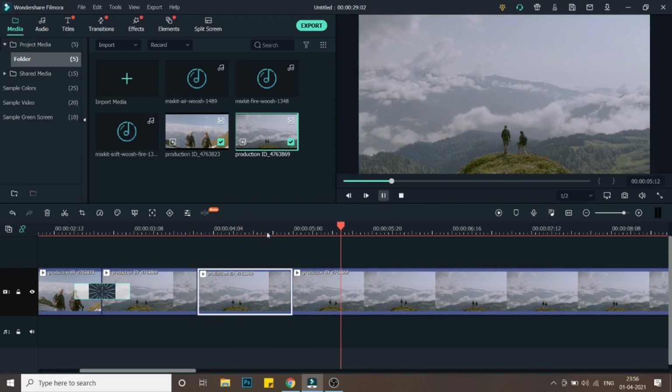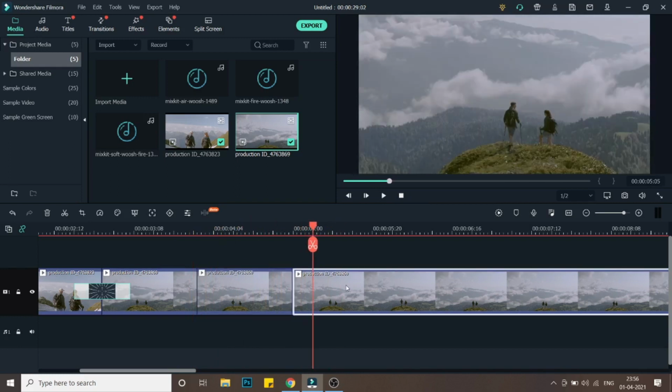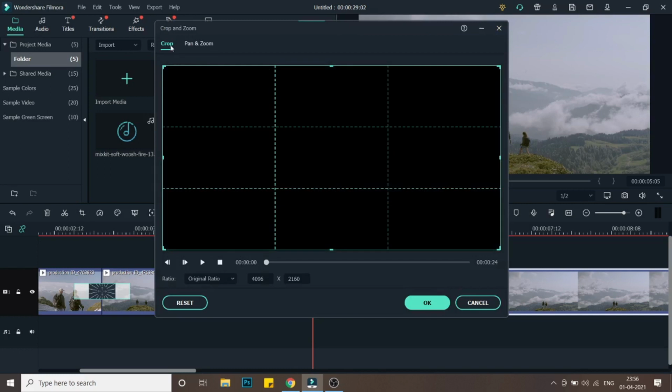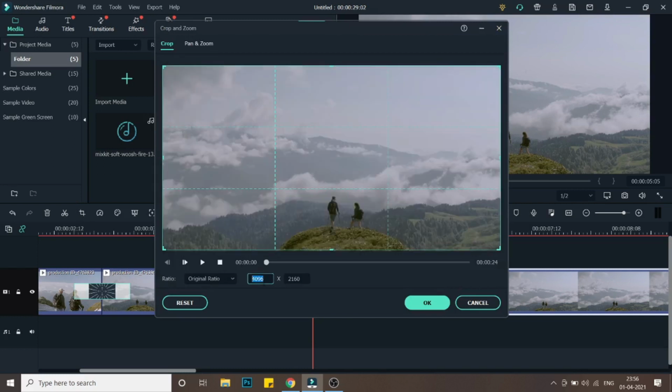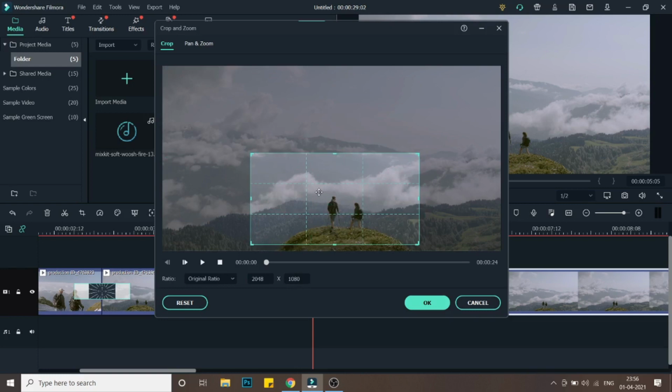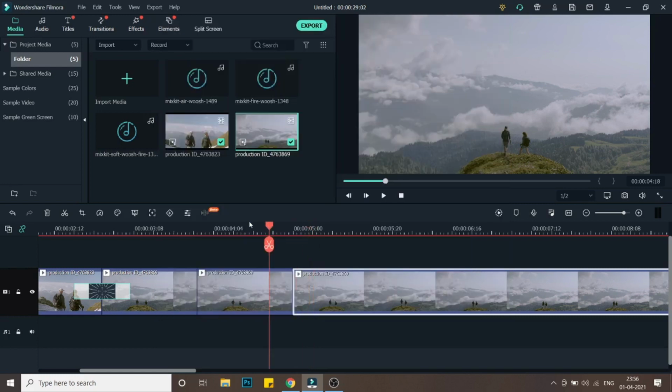And as you can see, once this video zooms in, it goes back into the normal video. So what we need to do for the second video, we need to again crop it, but this time we'll just go with the crop, and here we'll select 2048 and 1080. So it automatically selects 1080 as the resolution. And here, as I said earlier, I need to align it with some reference point. I used the man as a reference. I'm using this reference point again to align the same frame in the video to continue. So now let's just see.